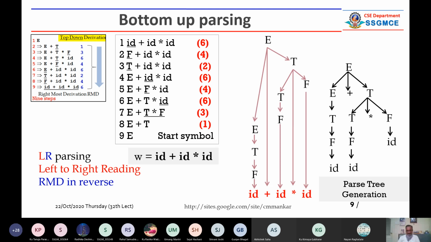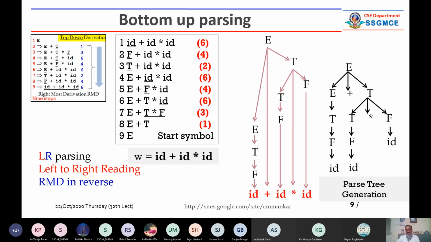See how you are substituting the non-terminals, the sequence of non-terminals. In reverse order, you are generating a tree. So first you substituted F, then you substituted T. You just read it from bottom to up.